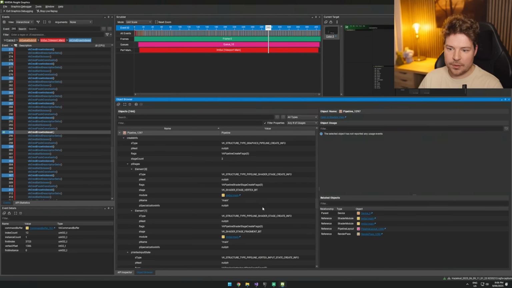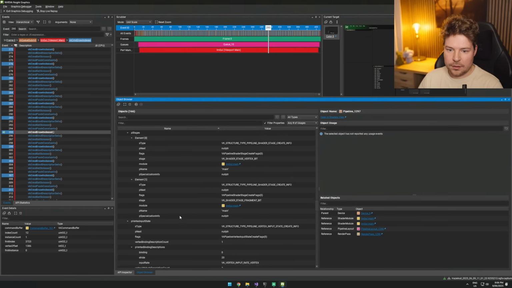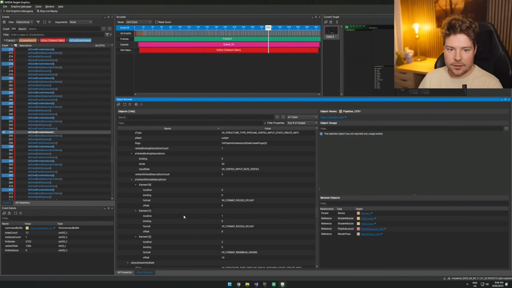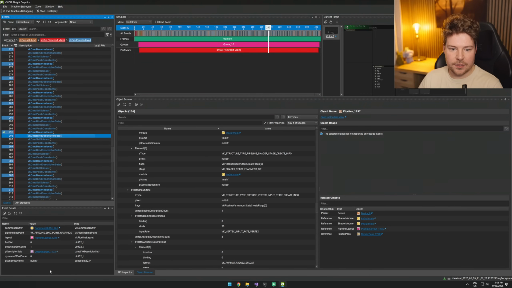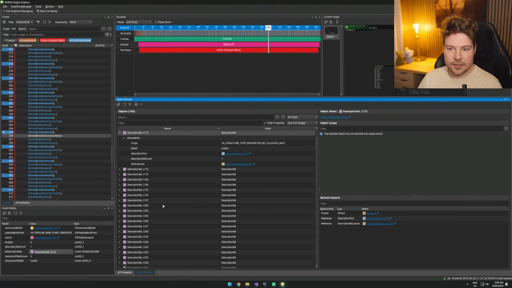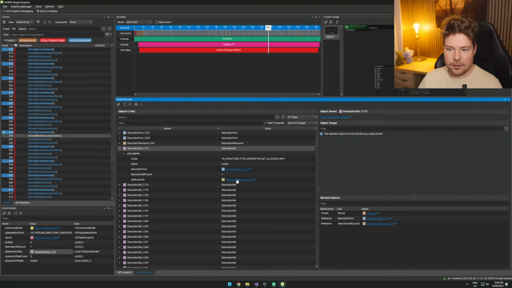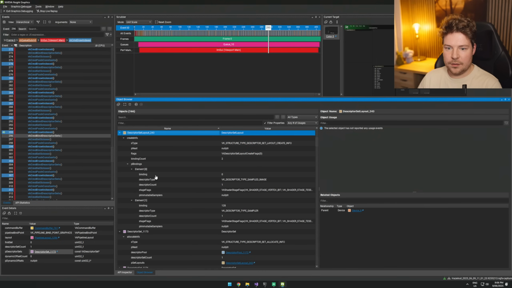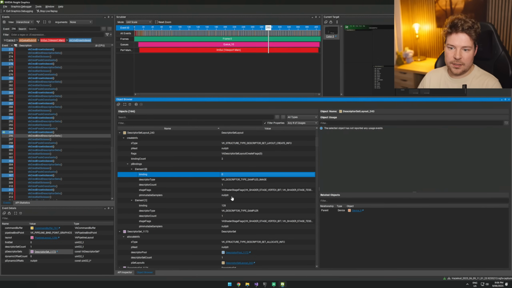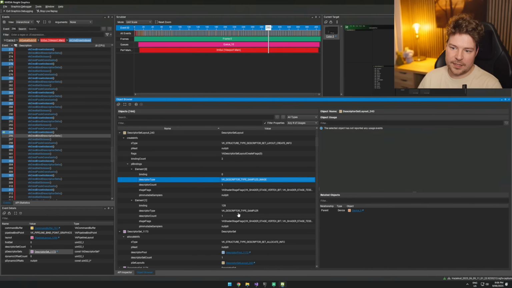It's got the pipeline. But what about the bind descriptor sets? I kind of want to see. Okay, well, it binds it to this descriptor set. But that doesn't tell me what's actually bound in there. It's just got the layout, which is this. Look at this though, there's two elements here. There's a sampler and a sampled image. So that's what we were seeing inside,